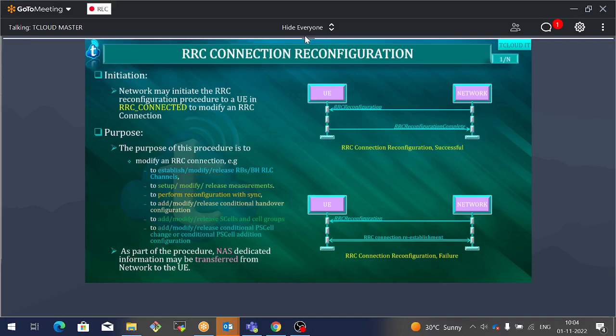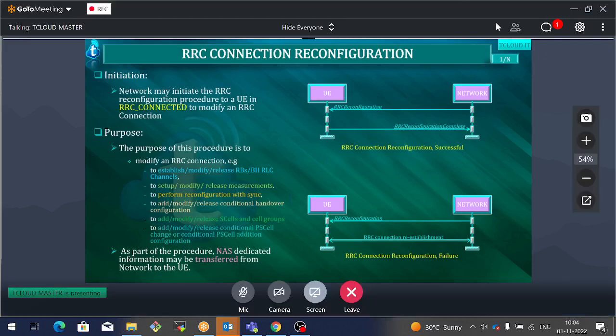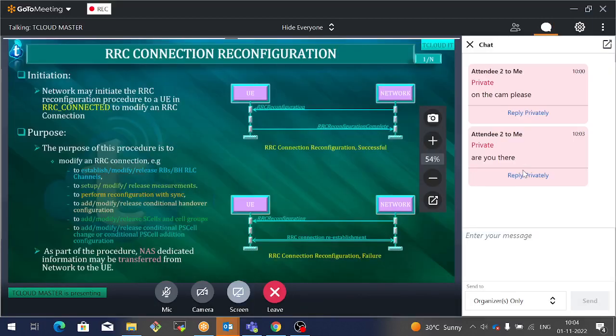Network can also rank those cells, like which cells we have to give first priority for the subscriber. Based on the ranking, network will ask the UE, hey, I'm asking you to measure the signal strength of these adjacent cells. So by using this RRC reconfiguration, network can configure those details. Or by using the same RRC reconfiguration, network can perform